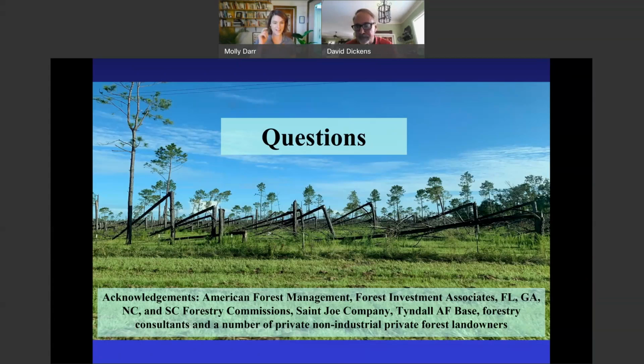Someone wanted to know, what is the herbivory pressure like in the Southeast? How are your forests able to regenerate with desired species if no downwood removal occurs? Is there intensive deer exclusion and invasive species management? Oh gosh, that's a lot of questions. The downwood, if it's not removed,